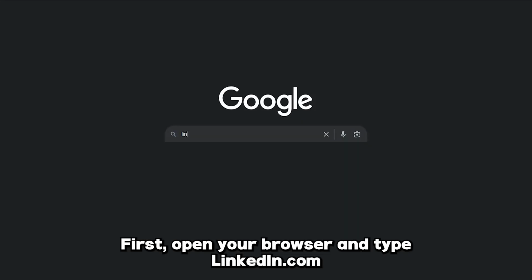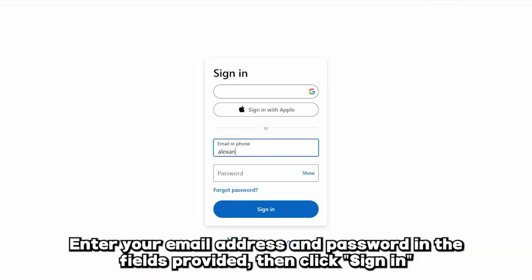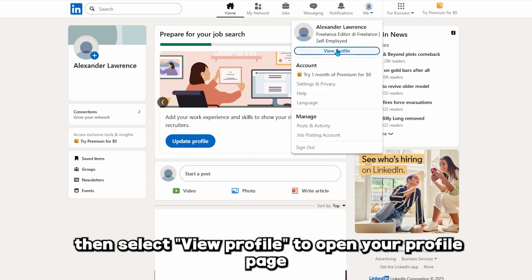First, open your browser and type linkedin.com. Once the page loads, click Sign In with email. Enter your email address and password in the fields provided, then click Sign In. Once logged in, hover your cursor over Profile in the top right corner, then select View Profile to open your